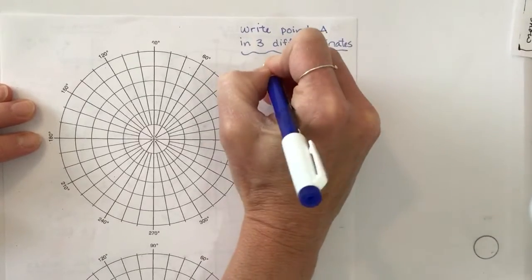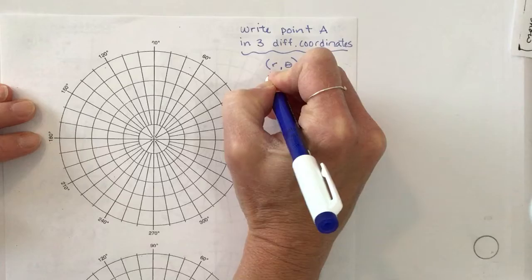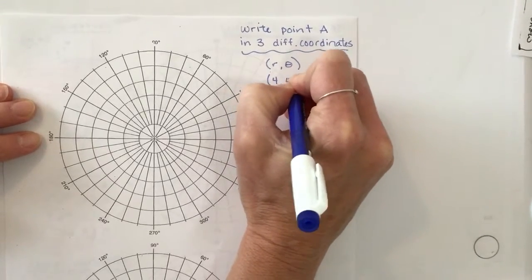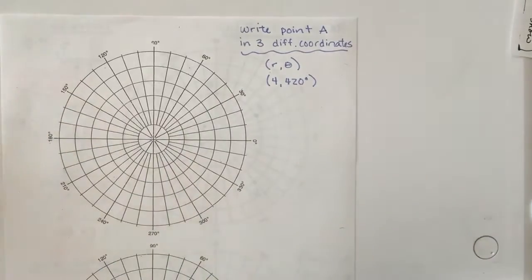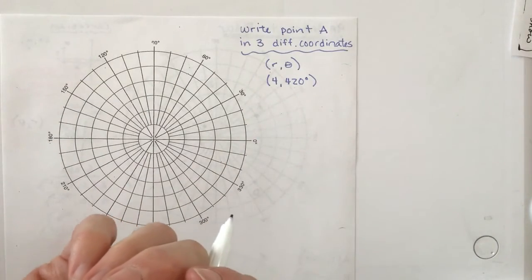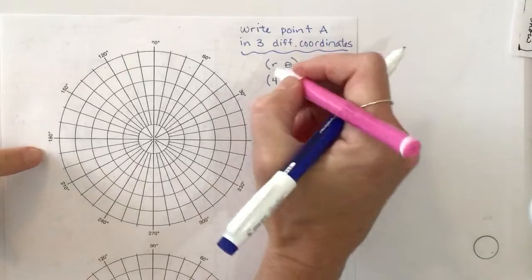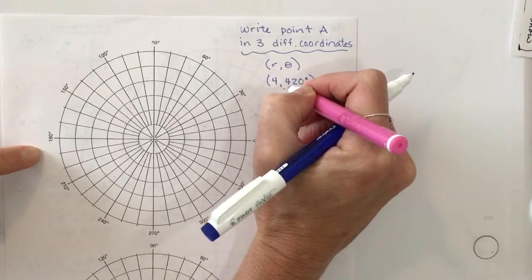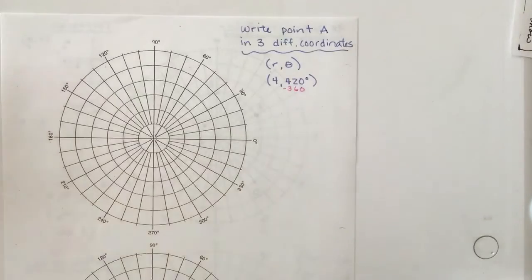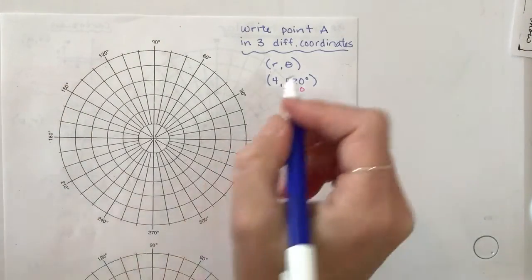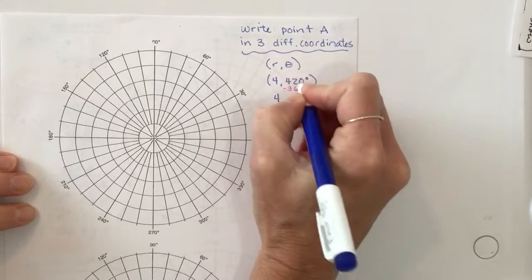Okay, so let's say we've got our theta, and they give us 4 and 420. Okay, anyway, so we say, well, what is 420? 420 is more than 360 degrees. So my first instinct always is to subtract 360 from 420, and then I've definitely got another coordinate. We need only go around once. So if I take that away, I have 4 comma,